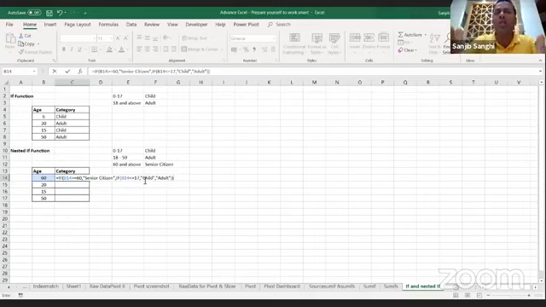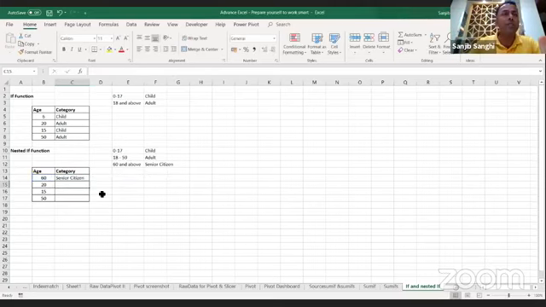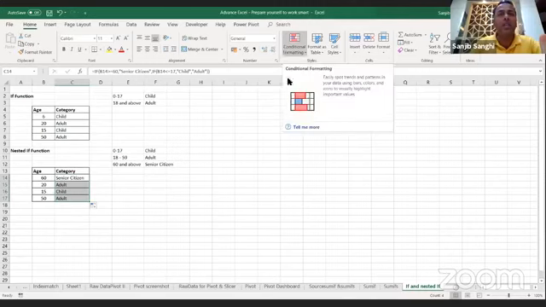And this is how you can create multiple conditions. You can go as long as you want with this if. You can create 5 conditions, 6 conditions, and you can try to create a little program for this. Enter. And if you copy this formula down, see, for 60 it's senior citizen, for 20 it's adult, for 15 it's child, for 50 it's adult. Yes, great.